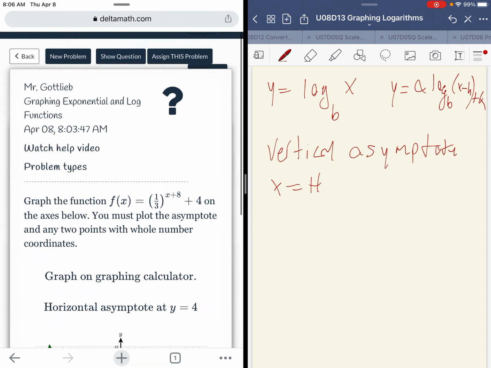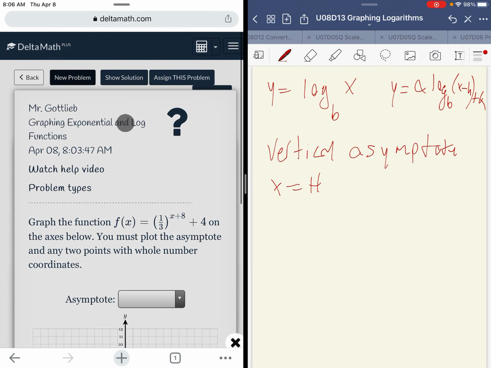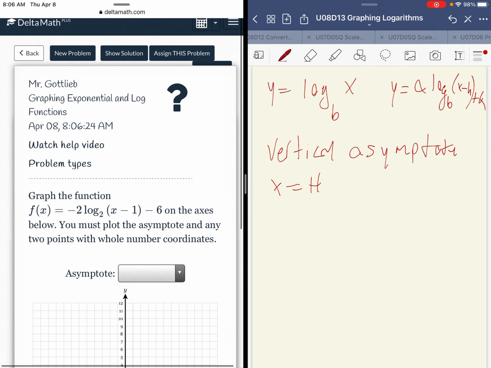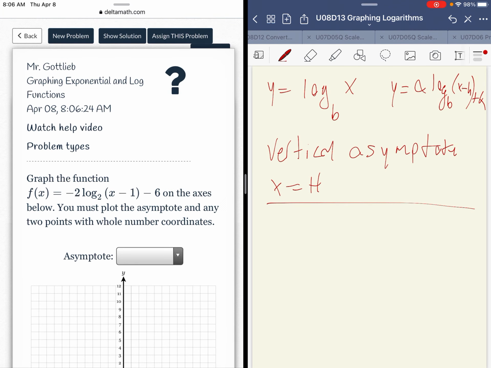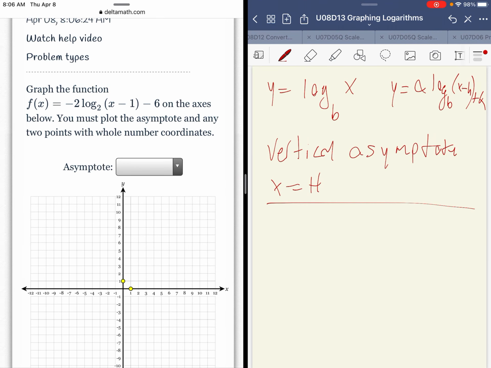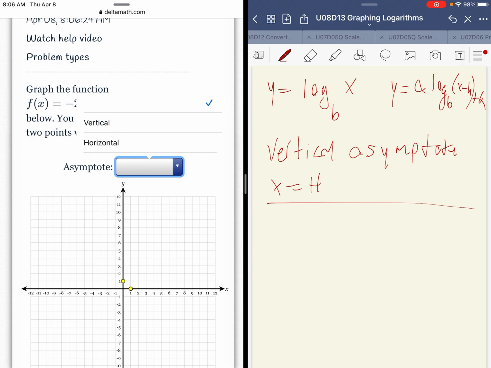So let's try an example that is a logarithm. So this one here is -2 log of x minus 1 and minus 6. So firstly, it has a vertical